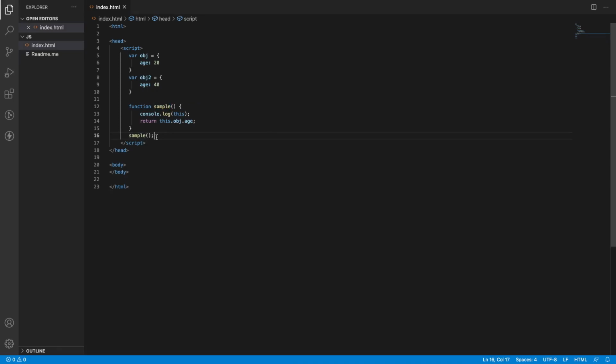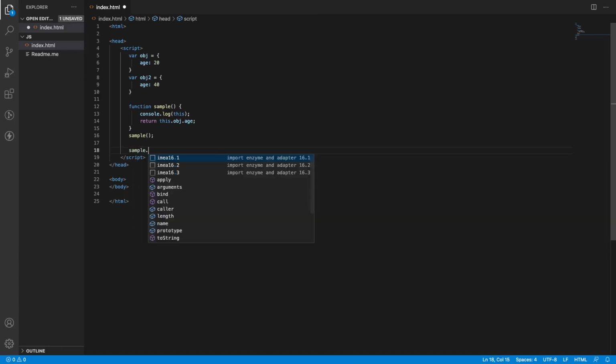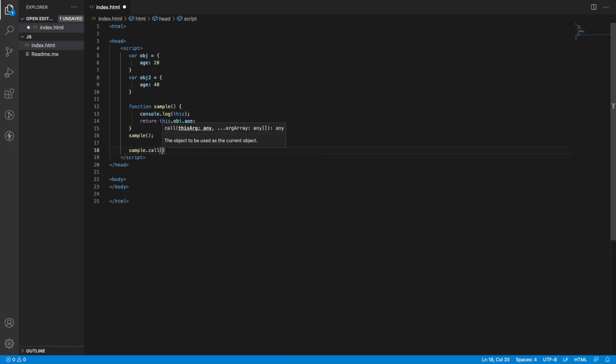First one is call. Call is a method which is used to change the context. For example, I'm using the sample function. For this, call is an inbuilt function, and for this I am passing obj, that is my context, the current context of this obj. So I am telling JavaScript please capture this obj inside this function as this keyword.